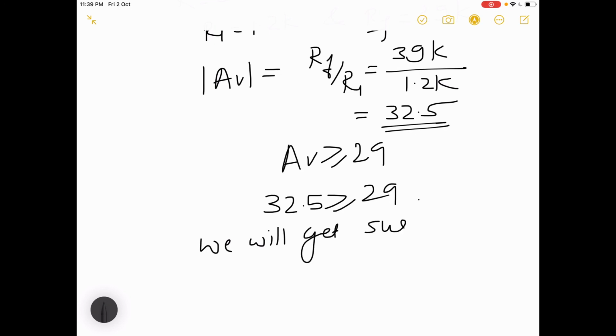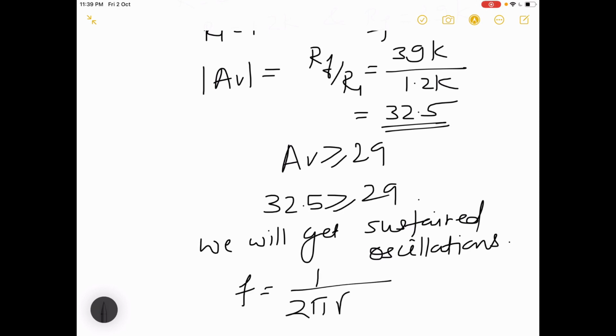Okay, this type of question may be asked in your exam. In MCQs also such sums may be there. Okay, and a second question may be on the same circuit: calculate frequency. So you know the component values. So remember this formula, put the values and calculate F. So for this sum your F will be 792 hertz. Okay. So in this way we have discussed the RC phase shift oscillator.